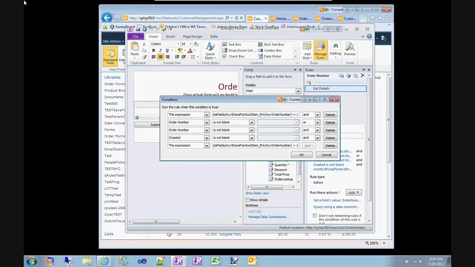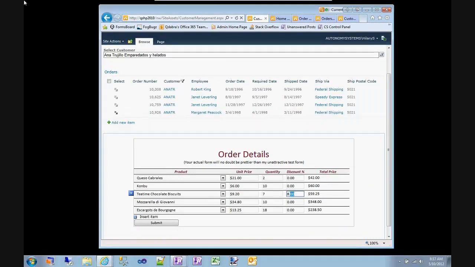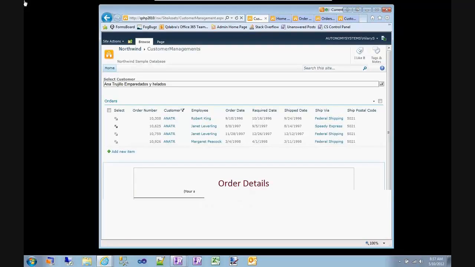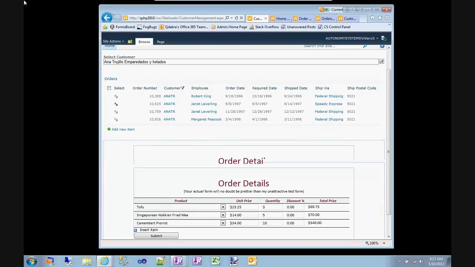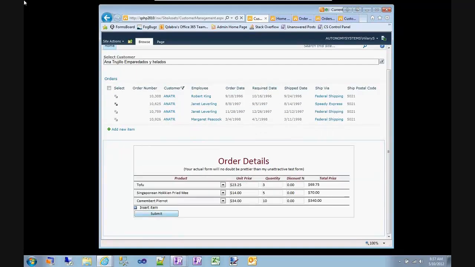If I had the form in this state, it's got all the information from this record. I had to make sure it was going to requery when I selected a new record. And I was having problems with that. But I don't want it to requery when I add a new item. So when I insert item here, I'm also setting order number. And what I was doing was I was clicking insert item. It was immediately requerying for all the existing details, and my new item would disappear. So that was